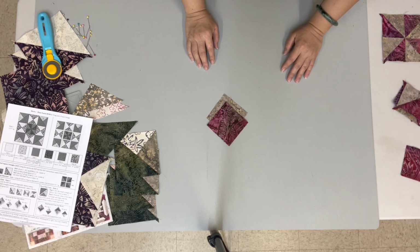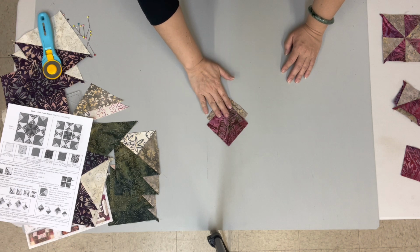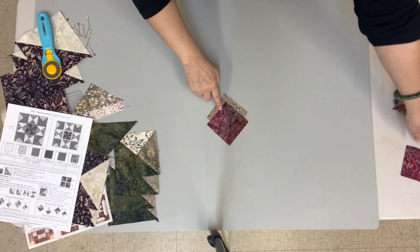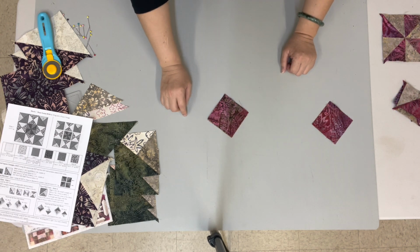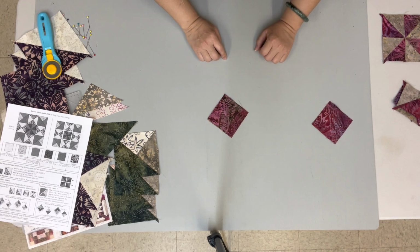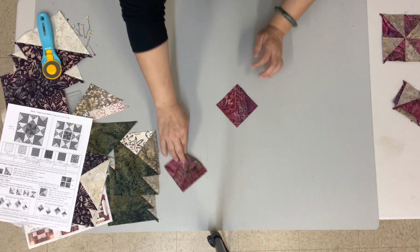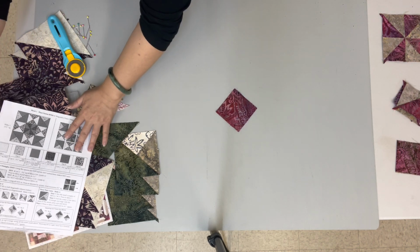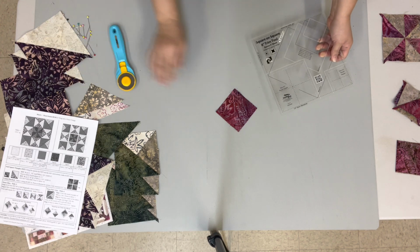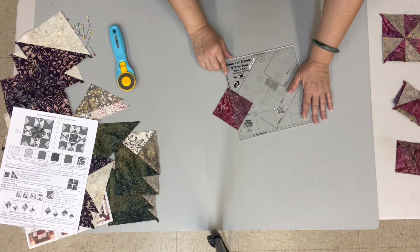So this is where we're going to start with our 3 1/4 by 3 1/4 squares, and we're going to do our half square triangles. You're going to layer them one on top of the other and mark the middle of your square, and you're going to sew lines on either side. Once this is done, and I'm actually going to use my square on a square tool so I can show you how we trim and